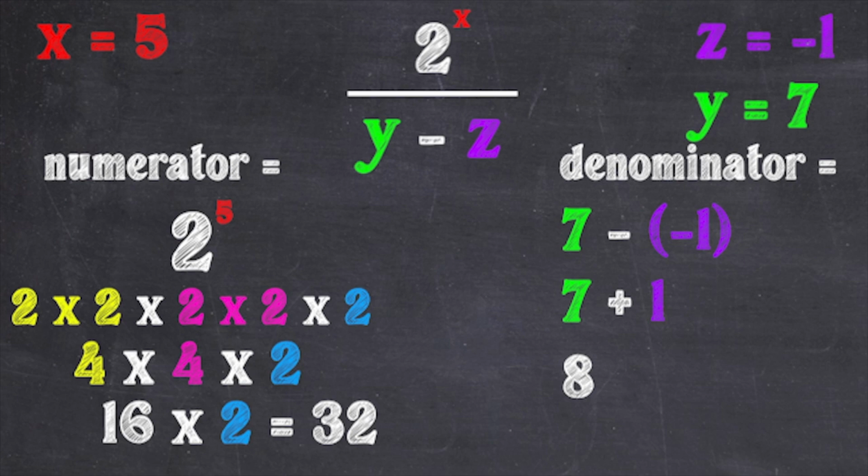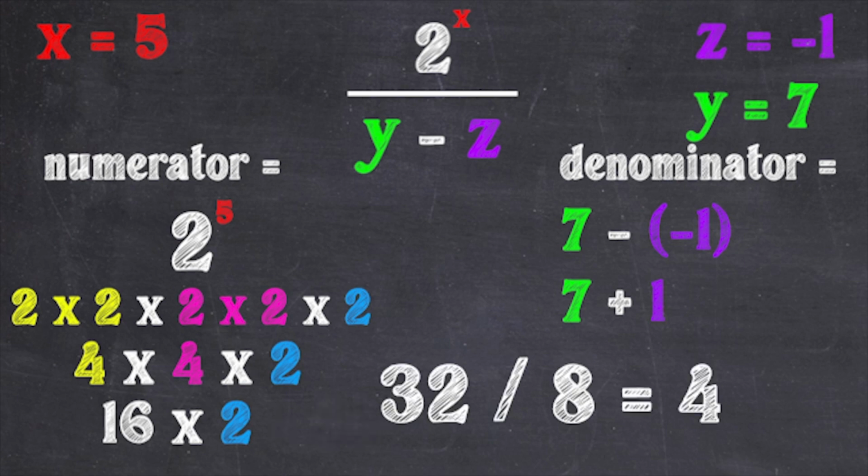Therefore, the value of the numerator is 32, while the value of the denominator is 8. Dividing them would give us 4 as the final answer. Hence, the value of the given algebraic expression when x equals 5, y equals 7, and z equals -1 is 4. Let's take a quick look at what the steps look like when we follow the second method of evaluating